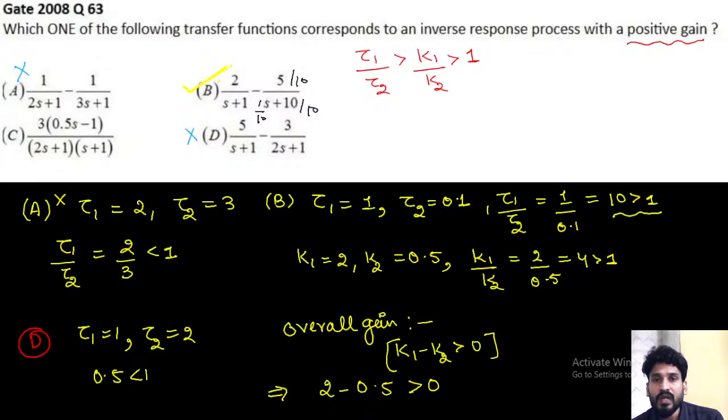So every time there is no requirement to check every option. I will also tell you how you can calculate the question in very few minutes, or in a few seconds. C is a very different type of option, so you need to check C at the last. If you are sure about A, B, and D that these are not showing the inverse response, then you can check the C. Otherwise, don't check the C, because in the simple format you can find your answer. Like if I check B, the B will satisfy both conditions. There's no need to check other options. I'll take the B.